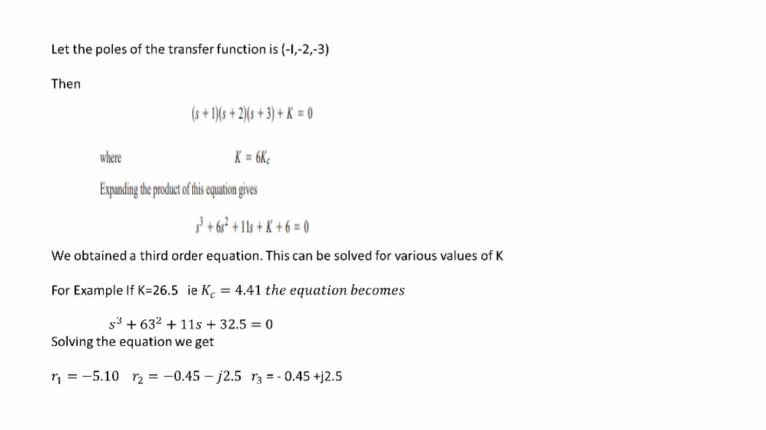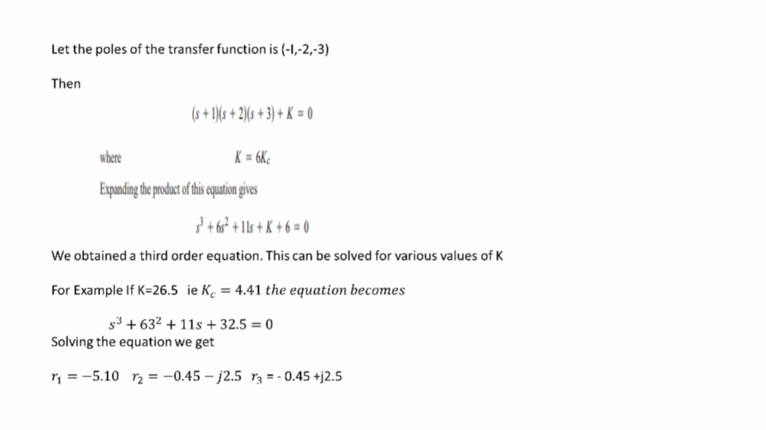Kc. Expanding the product of this equation gives s cube plus 6s squared plus 11s plus K plus 6 equal to 0. We obtained a third order equation. This can be solved for various values of K. So now we have given the poles minus 1, minus 2 and minus 3. You assume different values for K, you will get different